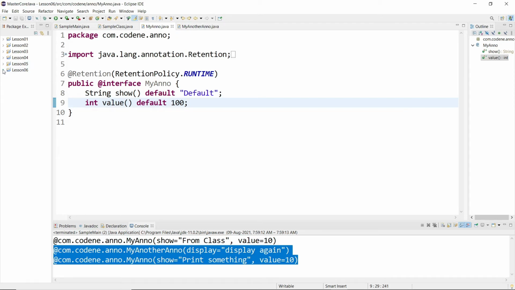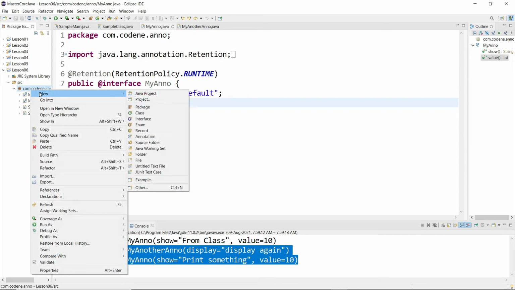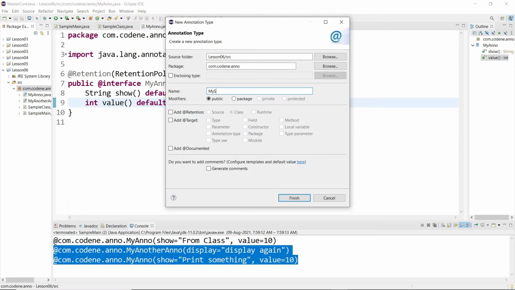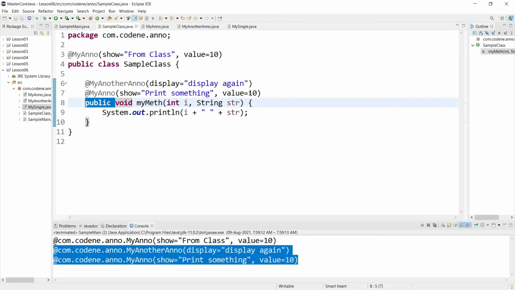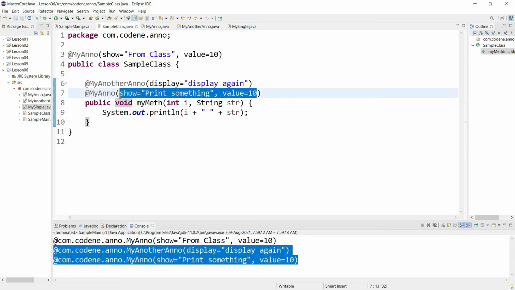Now let's take another example, that will be your single valued annotation. Okay, so let's create another annotation. It will be mySingle. Single valued means when I'm using this, I want to only put a value like 10, for example. That is how a single value annotation will work.